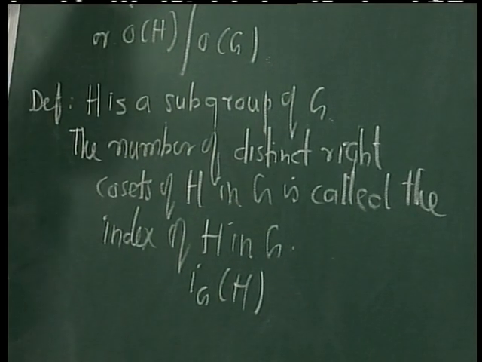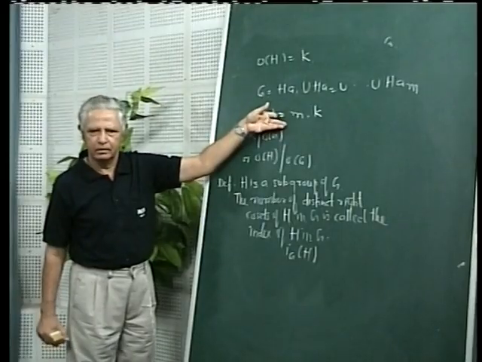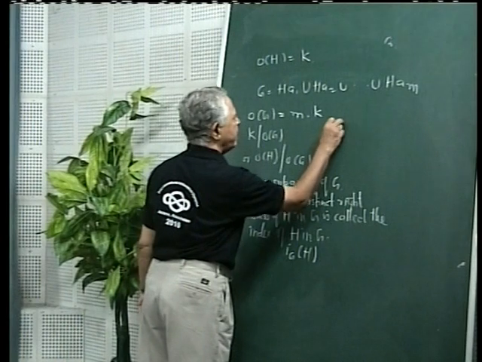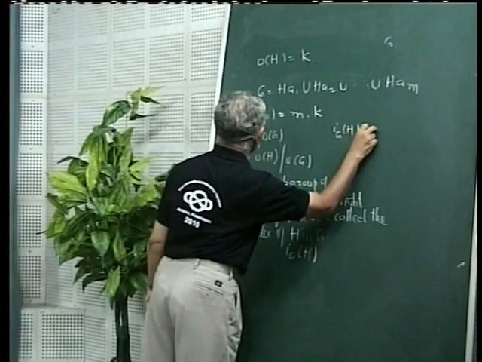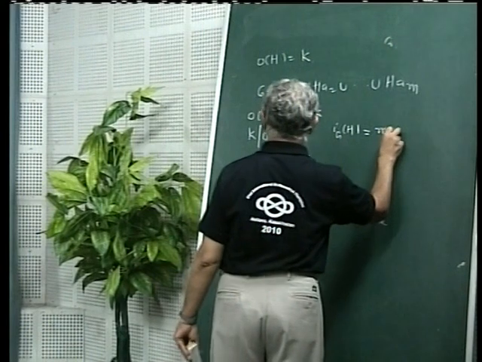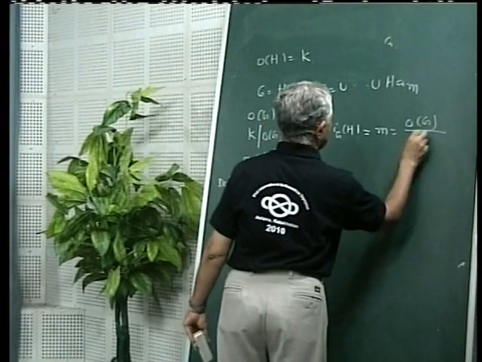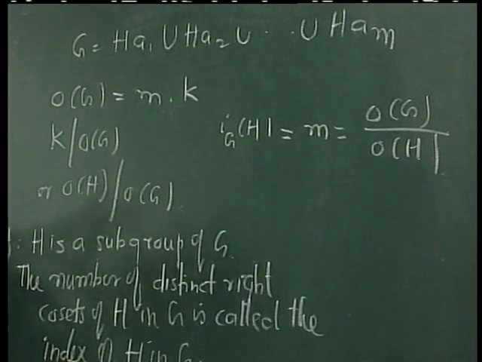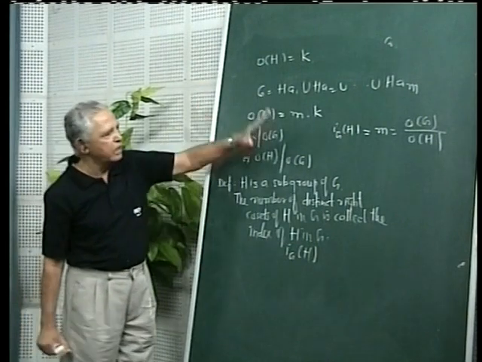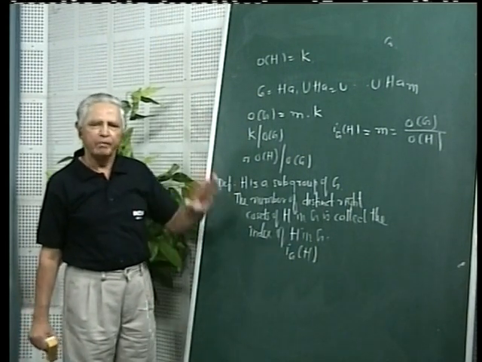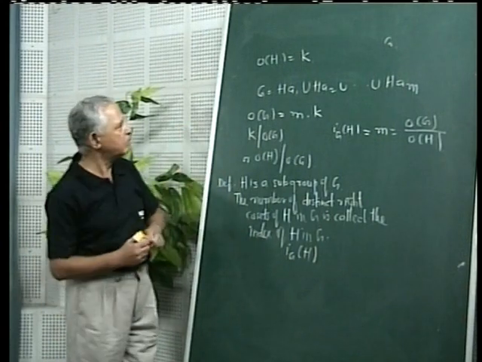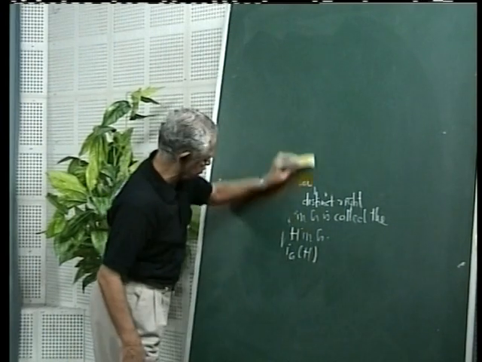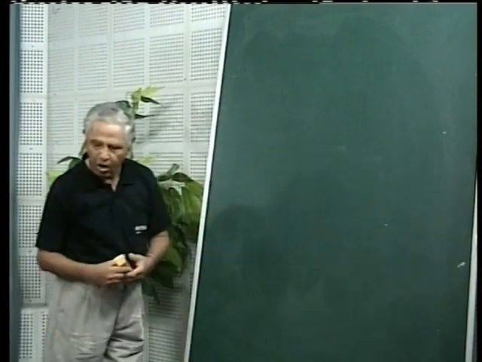And now if our group is finite, then by Lagrange's theorem what we can say is that the index of the subgroup H is equal to here m, and what is our m? O(G) upon O(H). Alright. So this is our Lagrange's theorem, and now we want to study some of its important applications. Before we study applications of Lagrange's theorem, we have one notion. Just now we defined order of the group. Now we define order of an element.